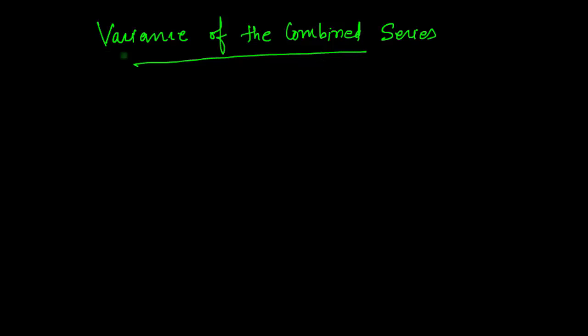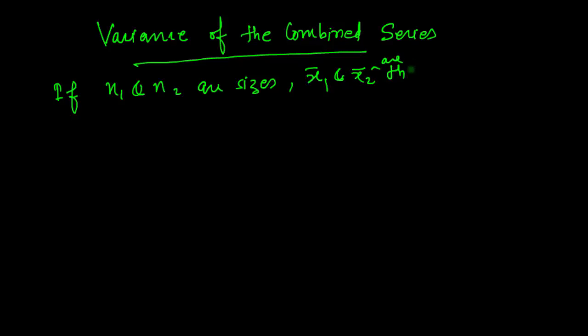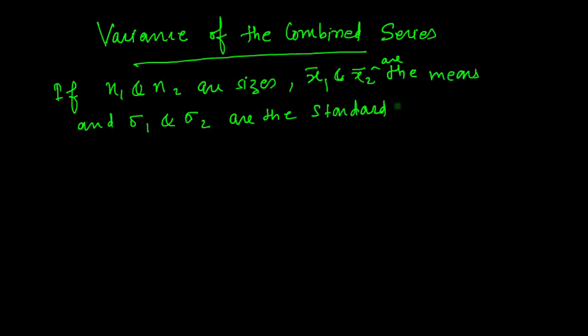Now we will talk about the variance of the combined series. That is, if you have two series and you have to find the variance of the combined series, how will you get that? So the topic here is variance of the combined series. If n1 and n2 are the sizes, x1 bar and x2 bar are the means, and sigma 1 and sigma 2 are the standard deviations of two series, then the variance sigma square of the combined